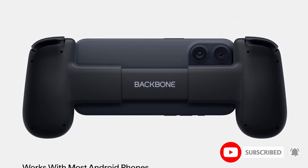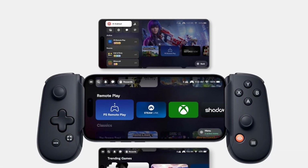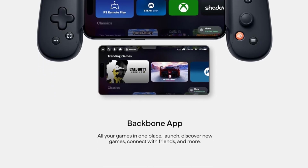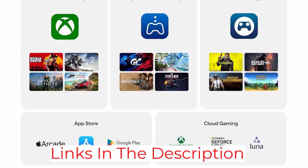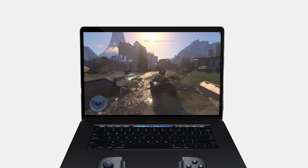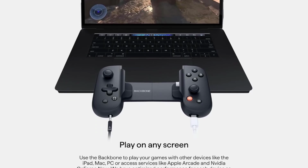It's compact but roomy enough to be comfortable for long gaming sessions, has satisfyingly clicky and responsive controls, and offers broad support for your gaming habit, including PS Remote Play, Xbox Remote Play, and Steam Link, as well as cloud gaming with Xbox Game Pass Ultimate, GeForce Now, and Amazon Luna. There's a screenshot or recording button, a mute button, and a 3.5mm headphone port, and you can remap controls in